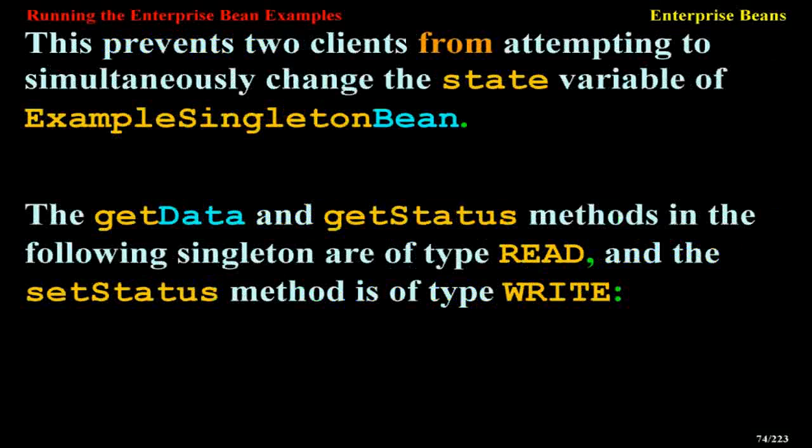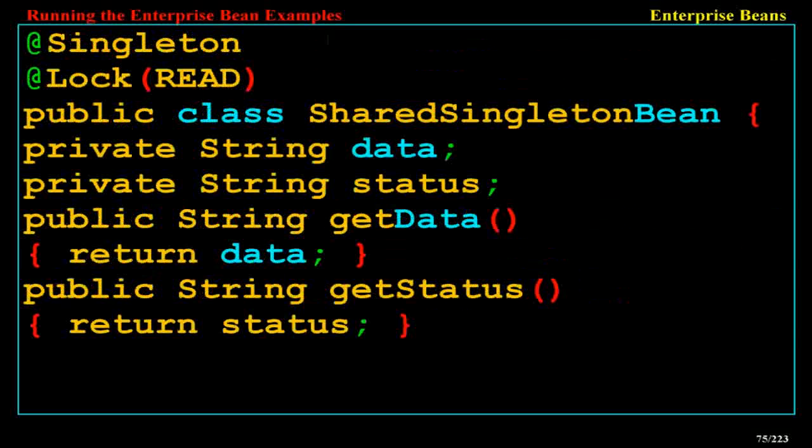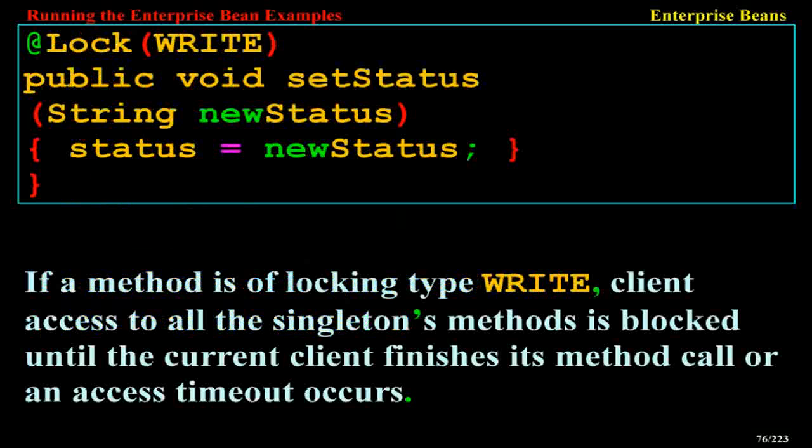The getData and getStatus methods in the following singleton are of type READ, and the setStatus method is of type WRITE. @Singleton @Lock(READ) public class SharedSingletonBean { private String data; private String status; public String getData() { return data; } public String getStatus() { return status; } @Lock(WRITE) public void setStatus(String newStatus) { status = newStatus; }